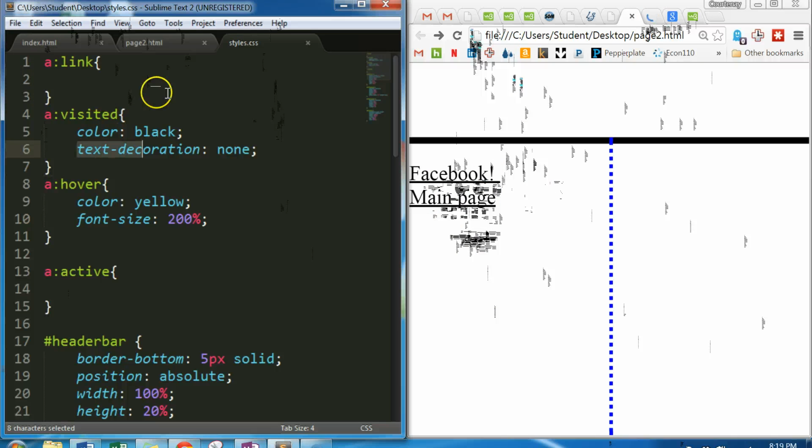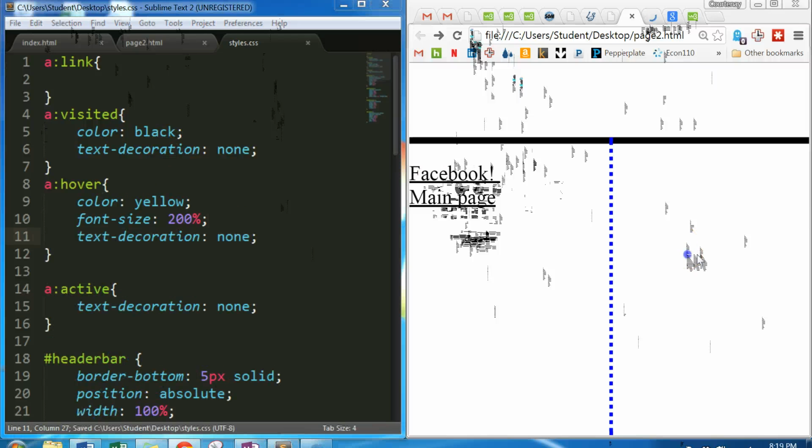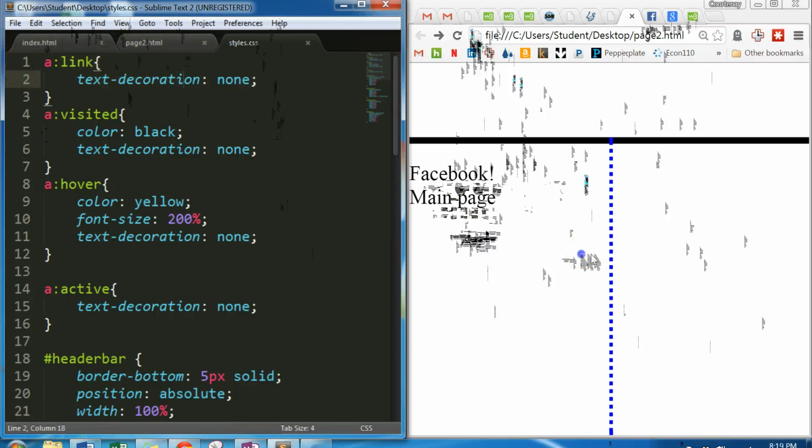I guess I could do it on, see if it works on any of these. Anyway, sometimes you have to play around with these a little bit. It really wants them to be underlined. Oh, there we go. Yeah, so I guess putting it in the regular link made it go away. So right now they just look like regular text, right? Anyway, so know how to play around with these different